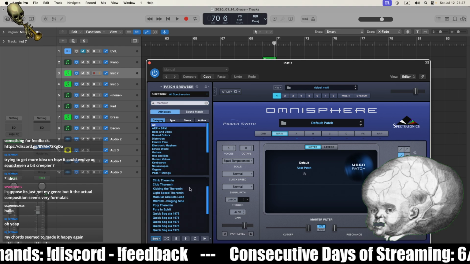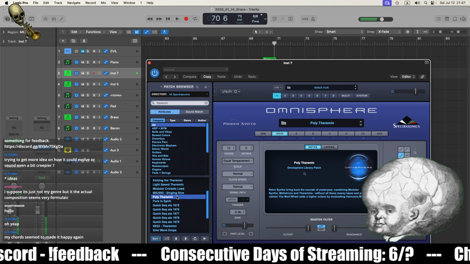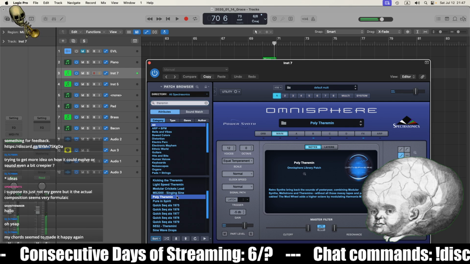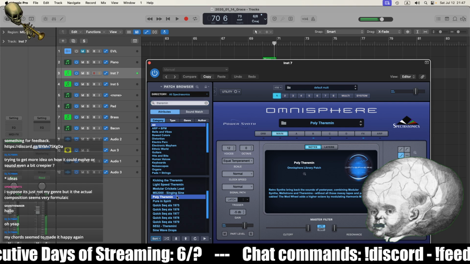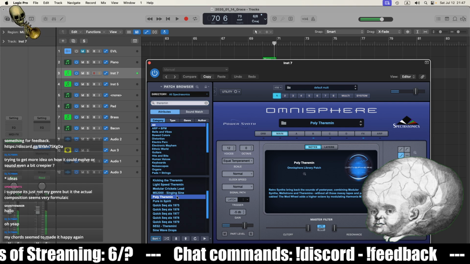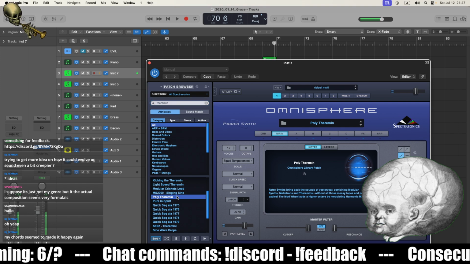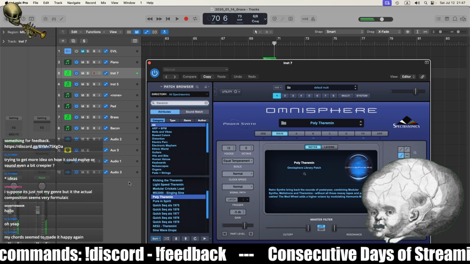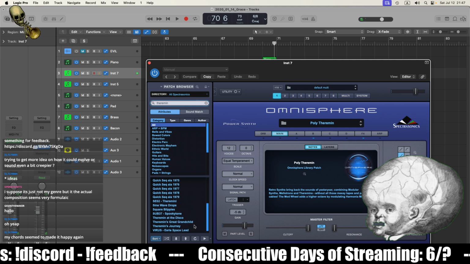Let me first search a theremin. It's that one instrument that people play without touching.